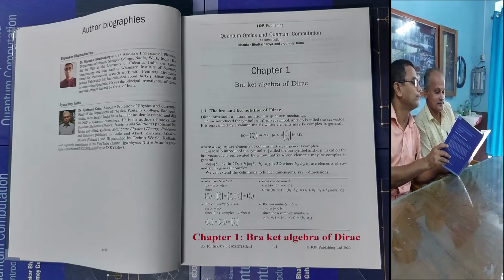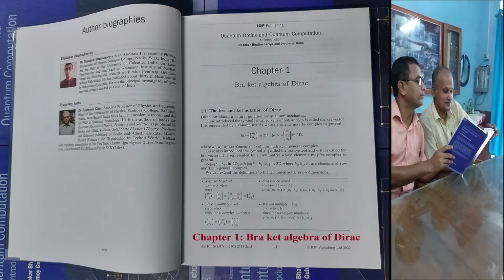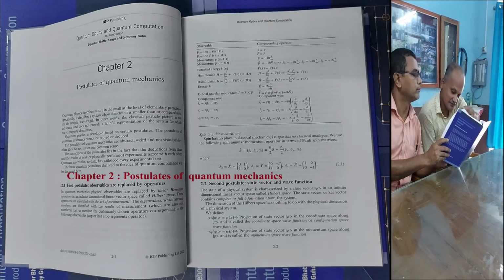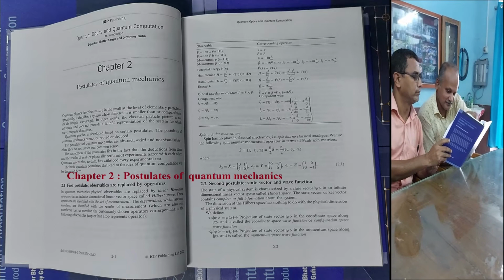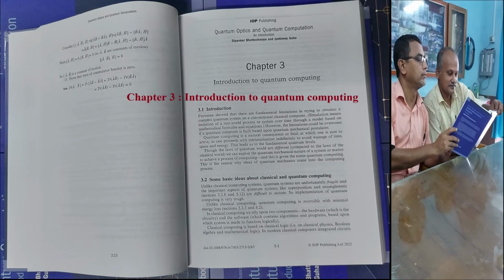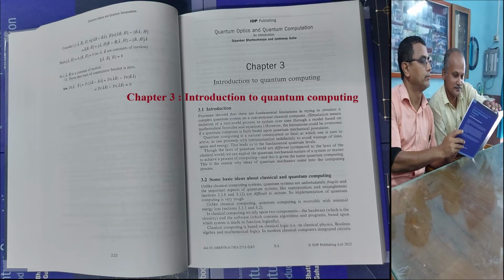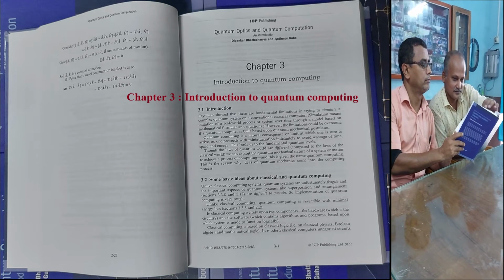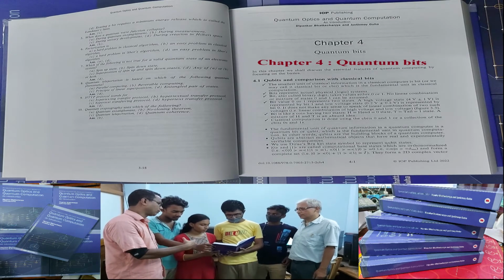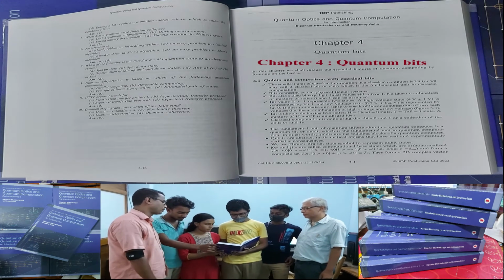We start with a preliminary discussion on bracket algebra that was introduced by Dirac in chapter 1 and explained the postulates of quantum mechanics in chapter 2. We have compared the ideas of classical and quantum computing and described the journey towards quantum computing, that is Moore's law, in chapter 3. In chapter 4, we introduce quantum bits, the qubits, and then focus on quantum circuits in